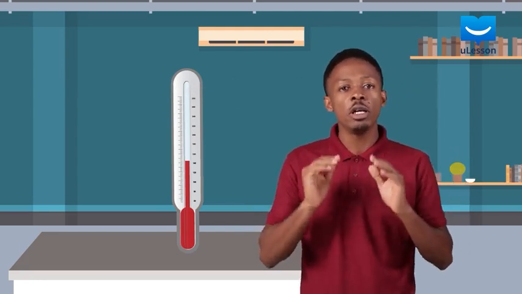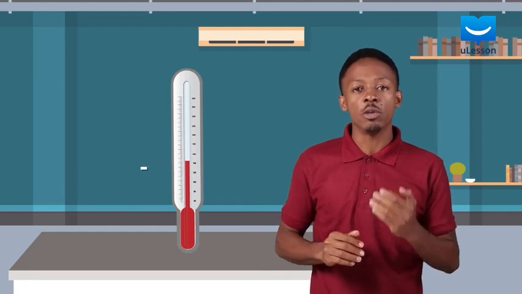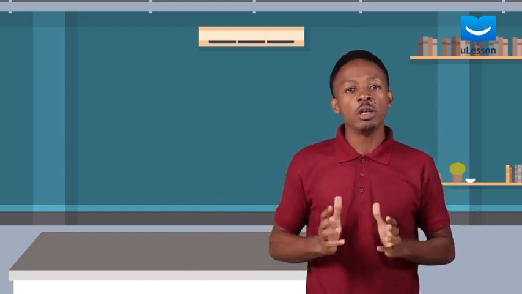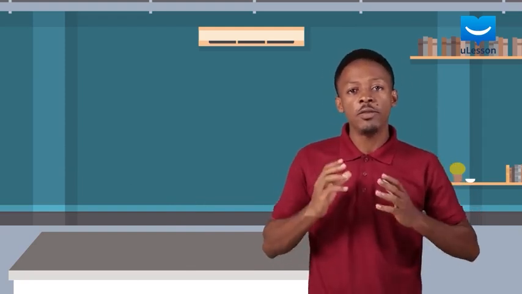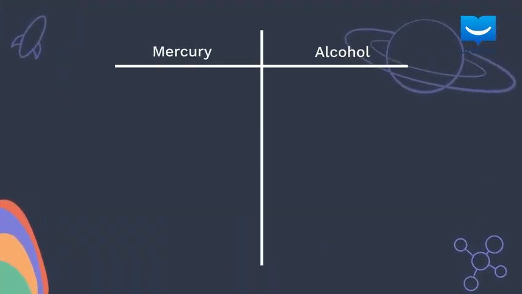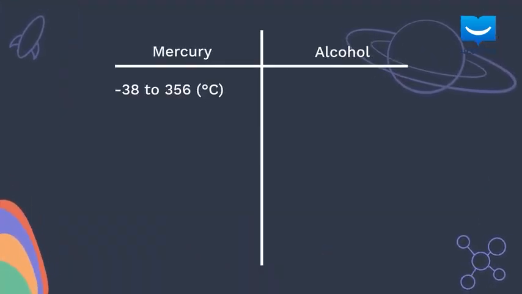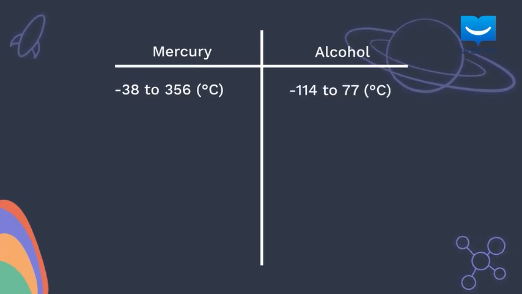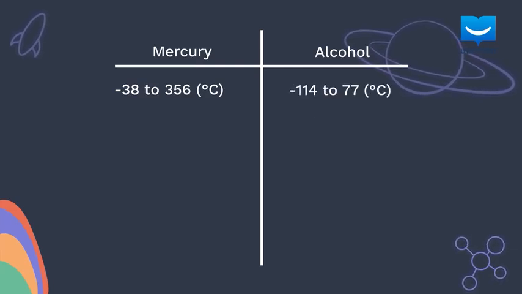The two most common liquids used in liquid in glass thermometers are mercury and alcohol, with mercury being the more common. Both of these liquids have their advantages and disadvantages, which we will explore. Mercury remains a liquid between minus 38 degrees and 356 degrees Celsius and is suitable for measurement of temperatures within this range, while alcohol is liquid between minus 114 degrees and 77 degrees Celsius, making it more useful in measuring